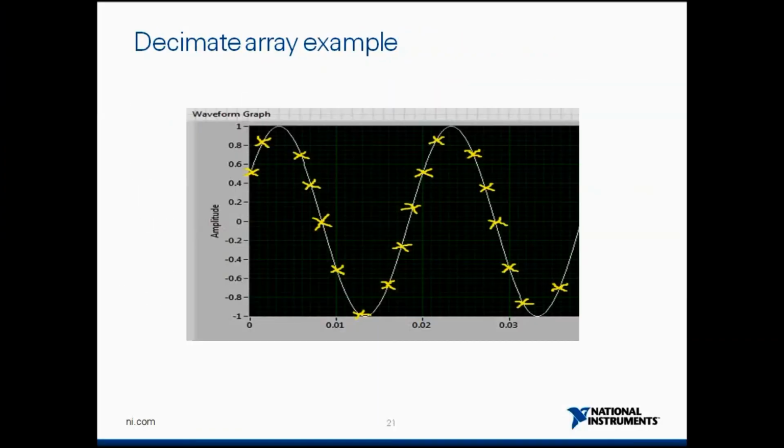Okay, so now this is an example of a decimate array. I had mentioned that if you have, say, 1,000 samples being acquired, now in this case I have just indicated a couple of samples, but say you have too many samples and your hardware cannot accommodate so many, it does not have so much memory space.